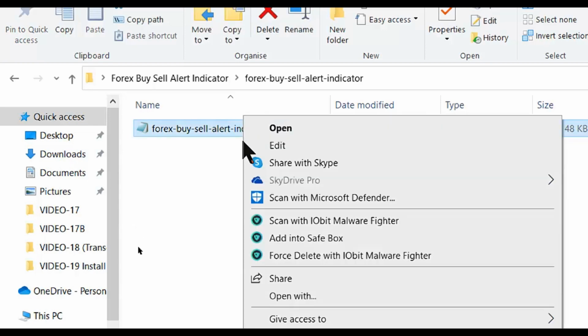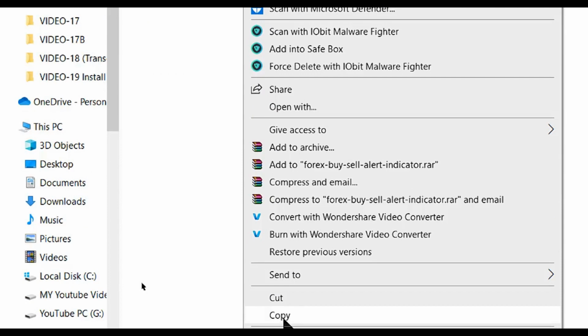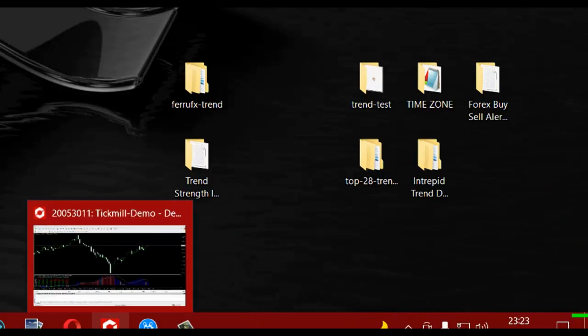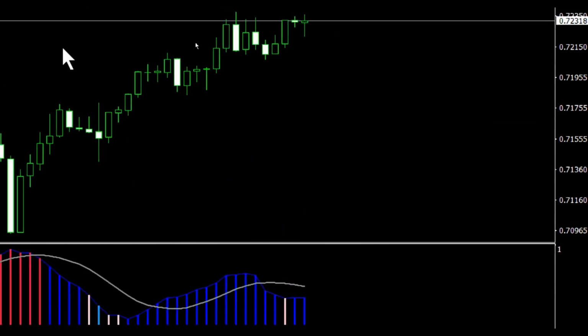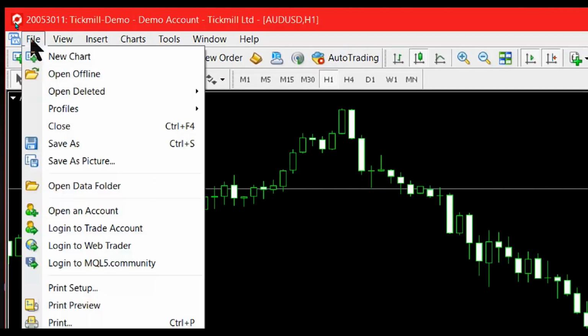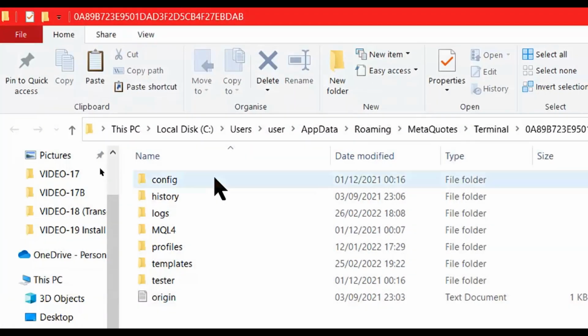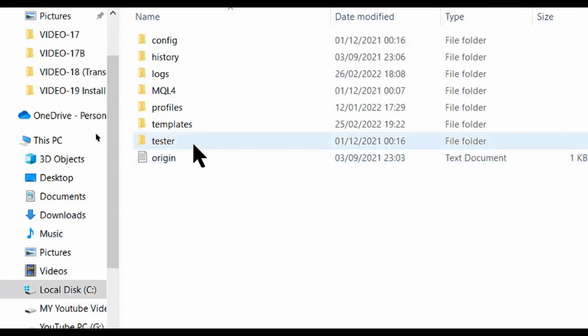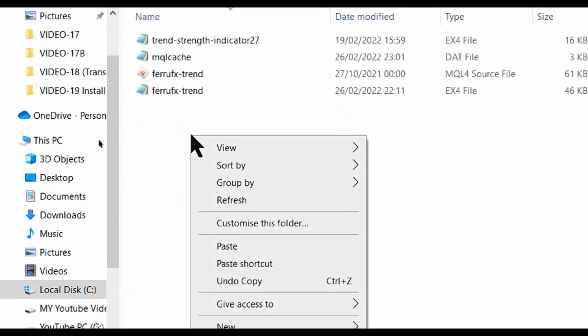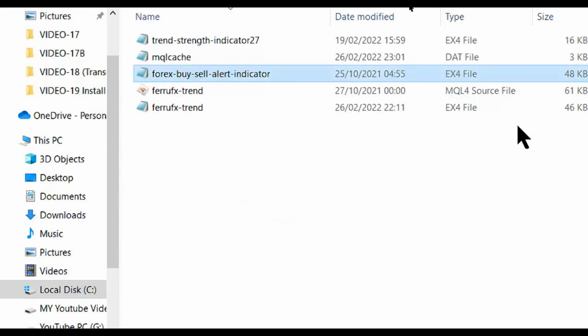Right click, copy, close that down, go back to the chart, same thing, file, data folder, and then to the MQ4 Indicators, and then paste that in there. Close it down,